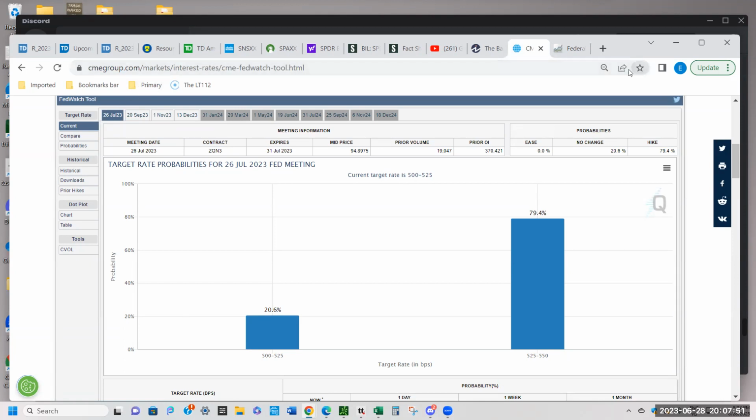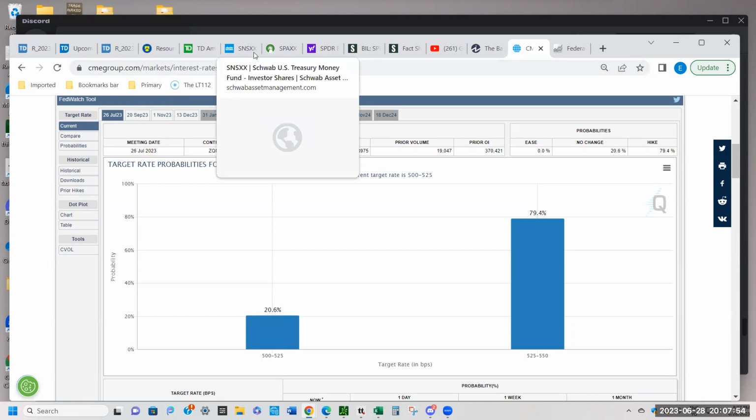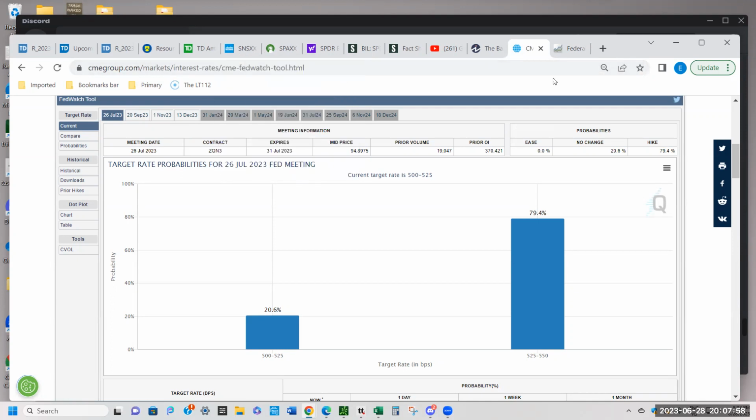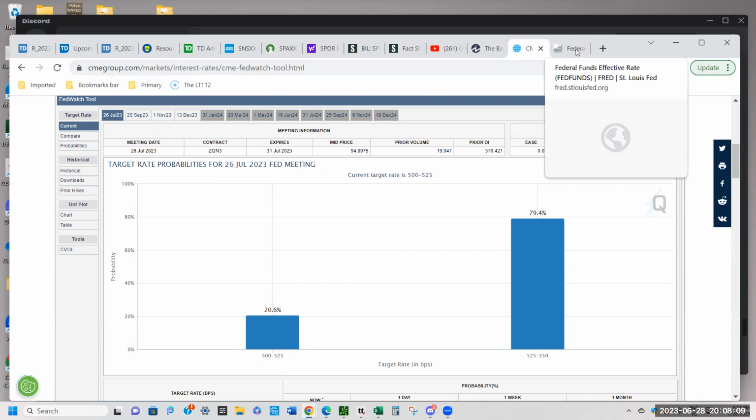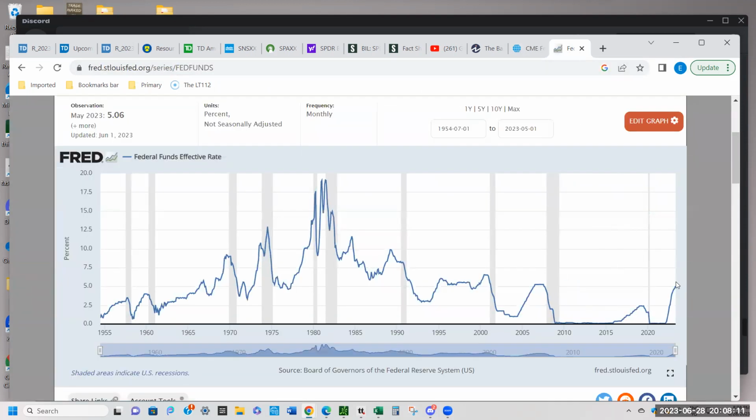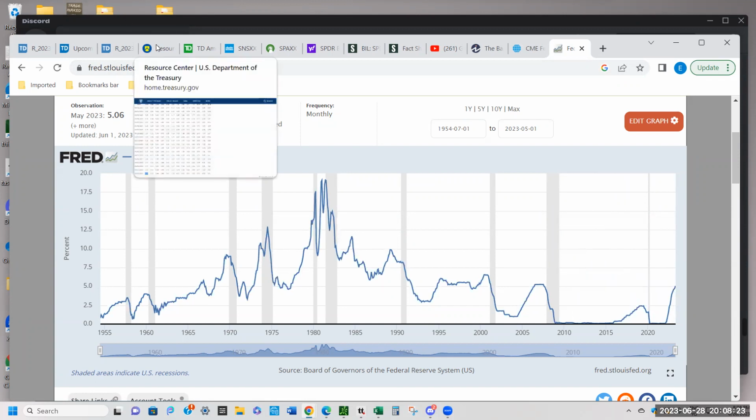Any other questions for me in that area? Yeah, I've got a question, Stefan, here. So this Fed funds rate, the chart you're showing right now, this is the overnight interest rate, right? The overnight rate right now is 5 to 5.25. Right. It's actually a range. And you can see that on this other chart. Right. Okay, so say the Fed raises by 1/4 point. Yep. The overnight rate, how does that affect these T-bills if we're